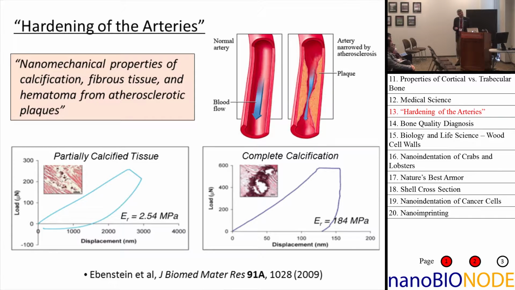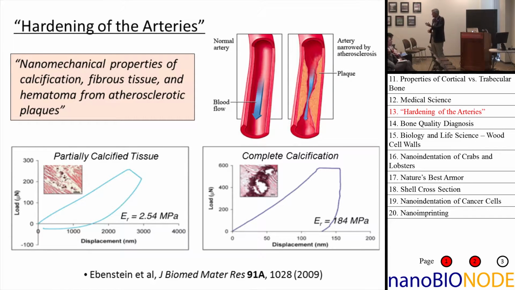Hardening of the arteries. Hardening of the arteries is because there's stuff in the arteries that gets hard, right? And it's this calcified tissue that forms in the plaque. People have gone in. This is a paper that Don Ebenstein and Lisa Pruitt put out a few years ago, where they took arteries in various conditions and opened them up, found the plaques, and went in and made a series of